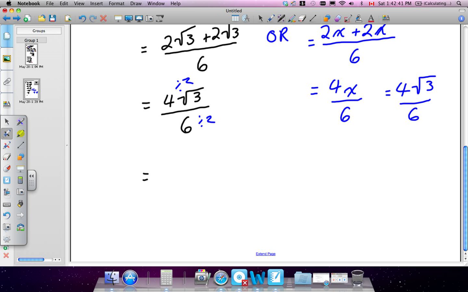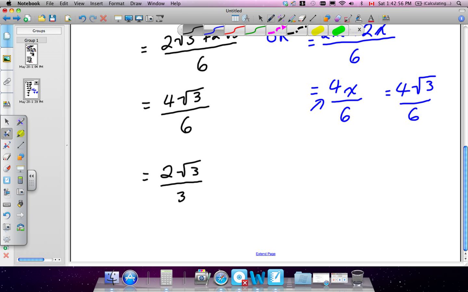And she probably wants you to reduce it. Because 4 and 6 can both be divided by 2, I'm going to write here, divided by 2. When I divide 4 by 2, I get 2 times root 3 over 3. And if that's confusing to you, think of it back here, like when I did it back here. Let's say we were still in x form. I hadn't put the root 3 in. That's like saying, let's reduce 4x over 6. Well, I can divide both by 2, so it becomes 2x